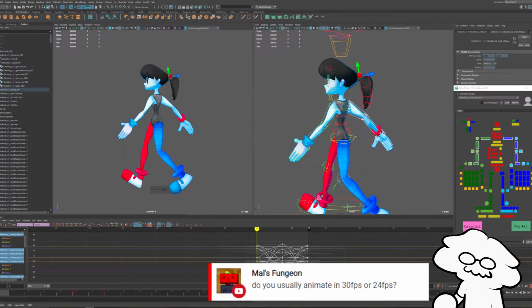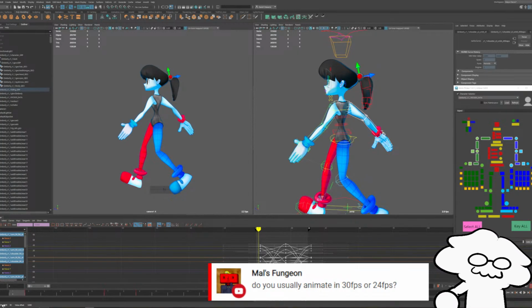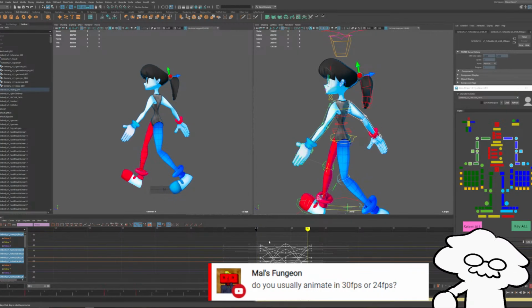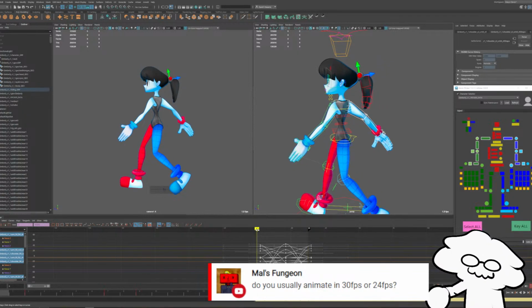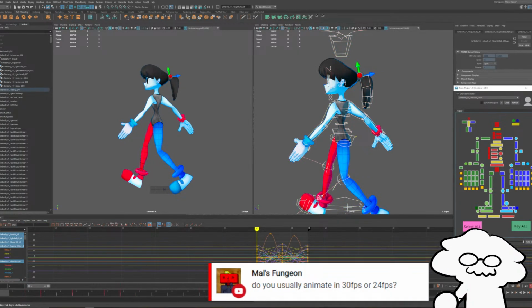If I were to just move them over, it wouldn't work, obviously, because I just moved all the keyframes over. It's a cycle, so 0 to 30, you know, it's going to be different, and the first few frames aren't going to have any animation to it. So what we'll do instead is we'll loop all of our keys.